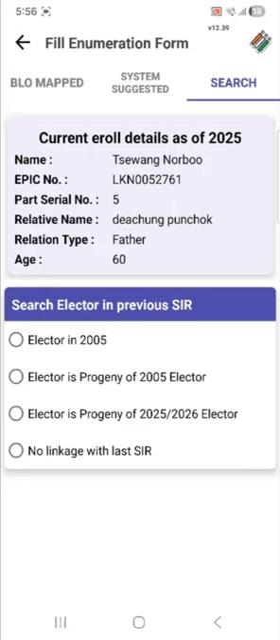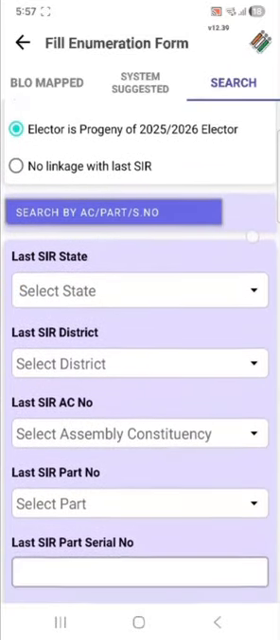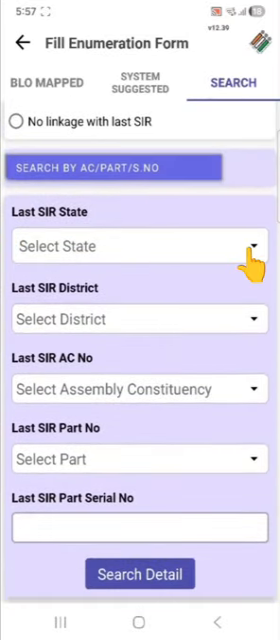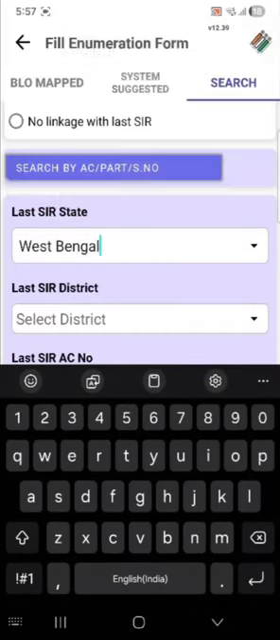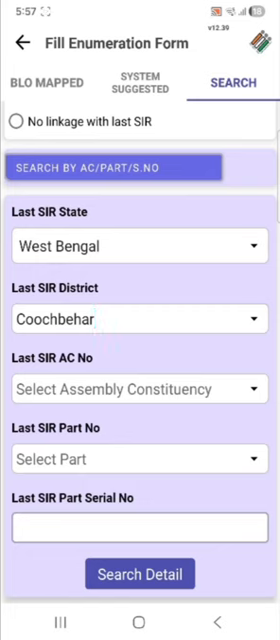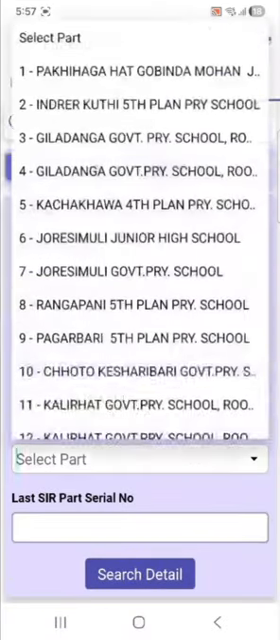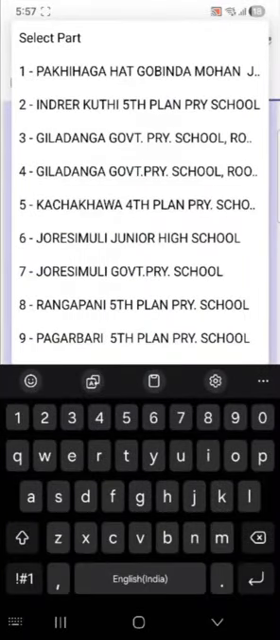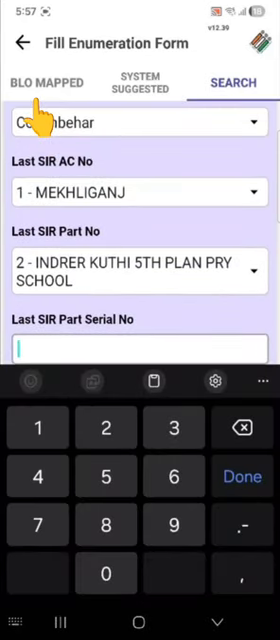So BLO needs to select any of these four options. Let's suppose here BLO selects the third option, elector is progeny of 2025-2026 elector. Here BLO can search by AC and part serial number. So BLO will select the last SIR state from the drop down. Then select the last SIR district from the drop down, last SIR AC number from the drop down, last SIR part number from the drop down, and then enter the last SIR part serial number